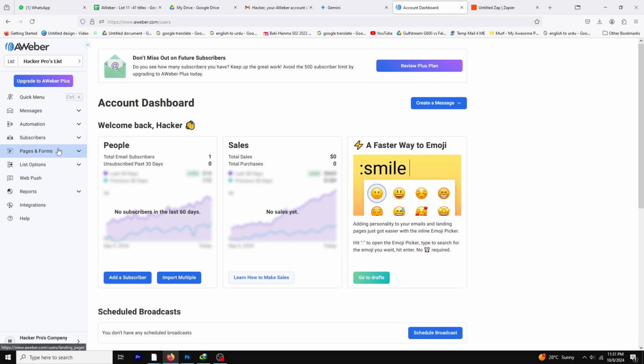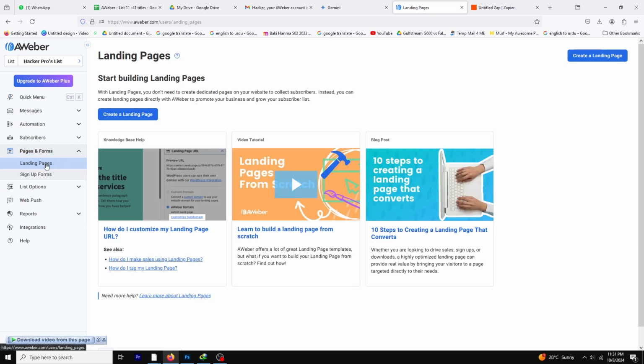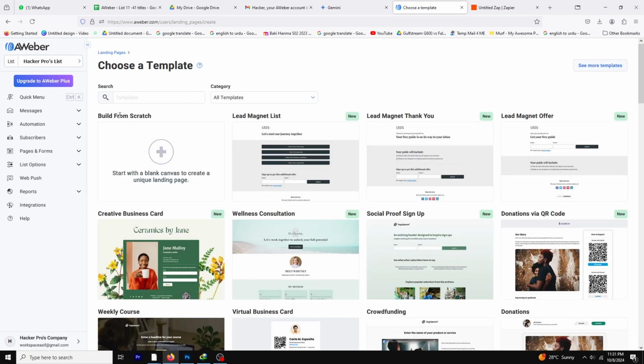After logging into your AWeber account, go to the Pages and Forms section in the left-hand menu. From there, click Create a Landing Page to open the builder. You can either choose a pre-designed template or start from scratch. AWeber offers templates for various purposes like lead generation and sales, but if you prefer full control, you can start